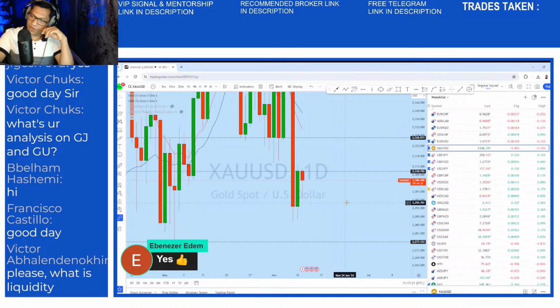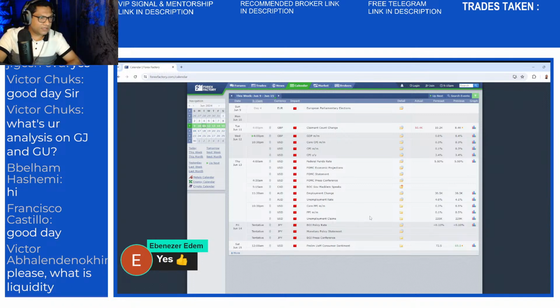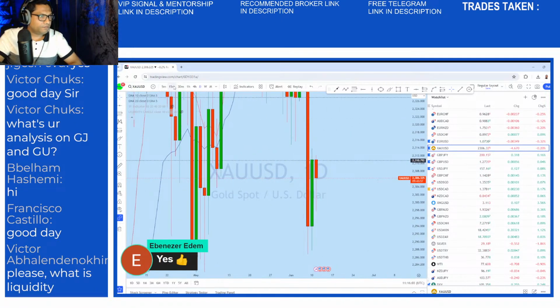Today there isn't any high impact news, I think. But there is news coming tomorrow, which is two of them. If we look at Forex Factory, looking at the calendar, tomorrow coming up is 4 p.m. GBP and also 10:30 p.m., which is core CPI and CPI. So three important high impact news events are coming up tomorrow. Very important CPI, guys. We'll be trading that one as well, so make sure you look at that.